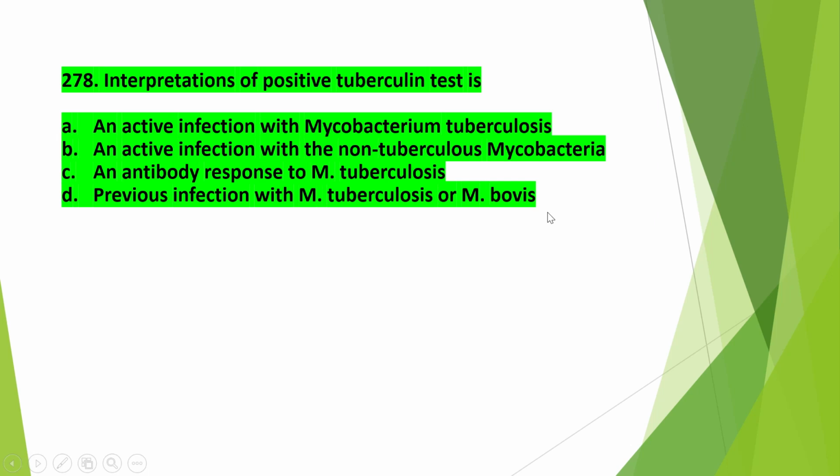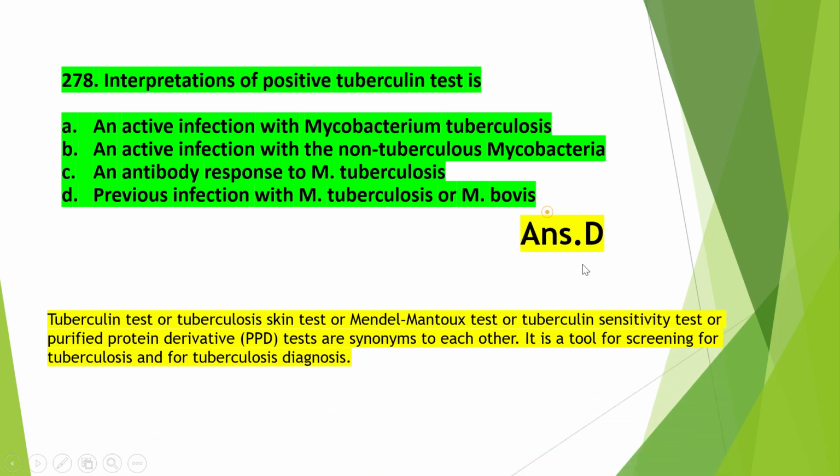The right interpretation is option D, that is previous infection with Mycobacterium tuberculosis or Mycobacterium bovis. This tuberculin test, or tuberculin skin test, or Mantoux test, or tuberculin sensitivity test, or purified protein derivative test, are all synonymous to each other,